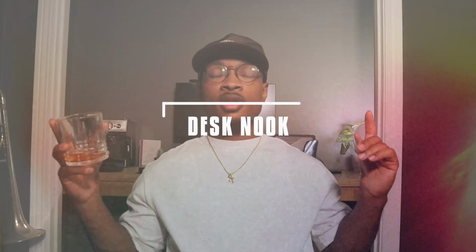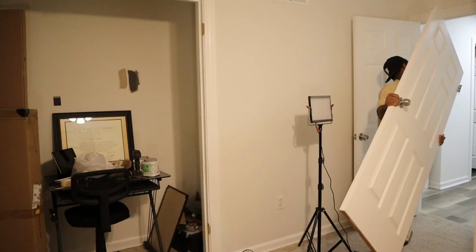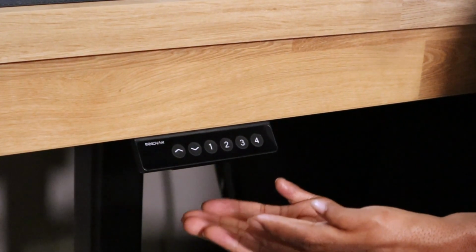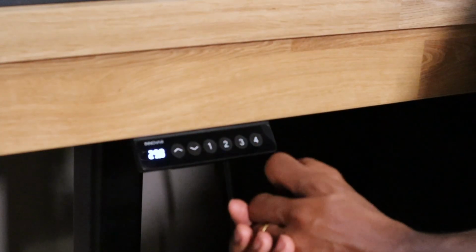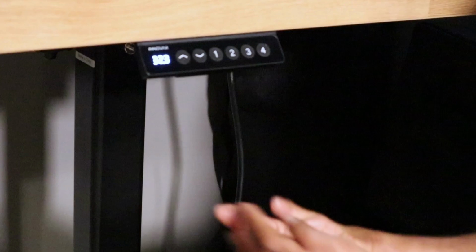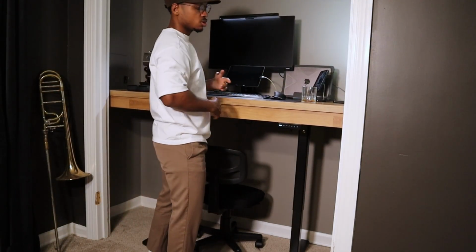So you can probably tell that behind me, this looks like a closet. That's because this was a closet. This had 2 doors on it. I took those 2 doors down, painted inside of this closet, and put a desk in here. This is a sit-to-stand desk. As you can see, we got the controls right here. I already have it set up to where number 2 is gonna bring me up to a comfortable standing position for myself. So, if I wanted to stand up here and do some work on the computer, I can do